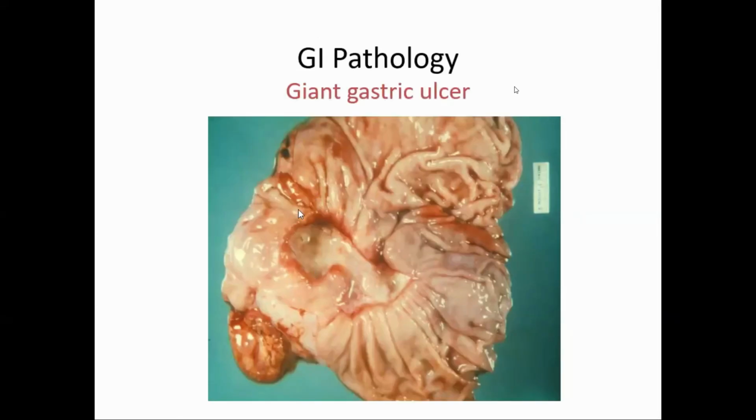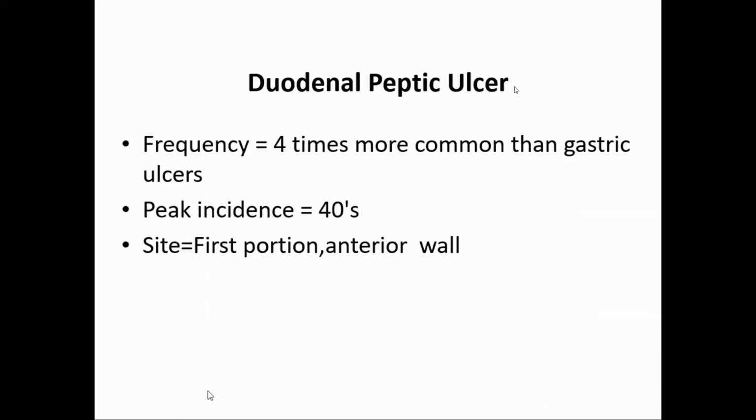This is a very large, giant gastric ulcer. Still, it has got undermined edges. These folds are coming here, so it is benign. If it is a gastric ulcer bigger than 4 centimeters, you have to think about malignancy, ulcer cancer. So that's why all these features, what I told you about the rugal fold, undermined edges, and clean base, are important for differentiating gastric ulcer from gastric cancer.